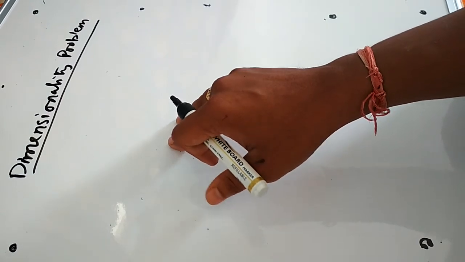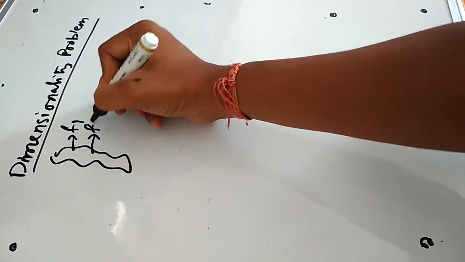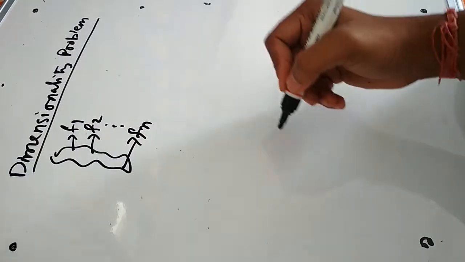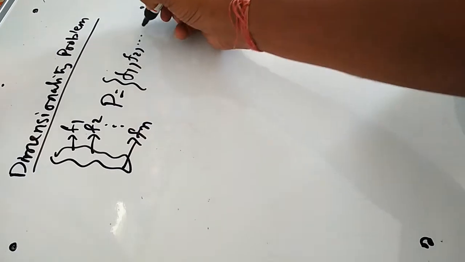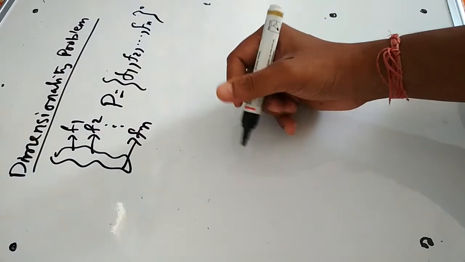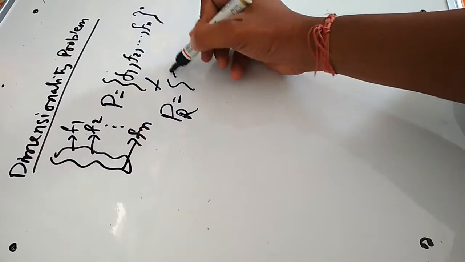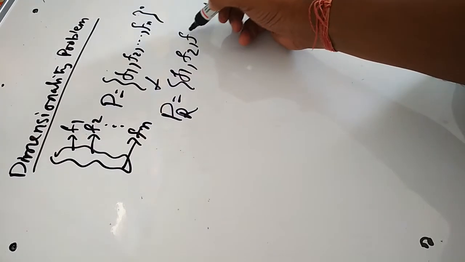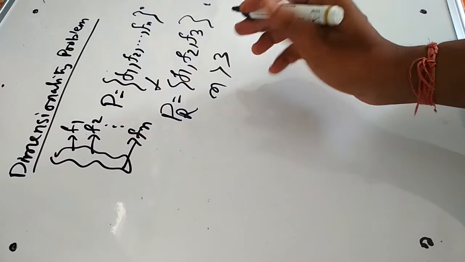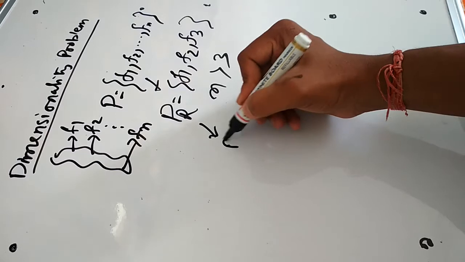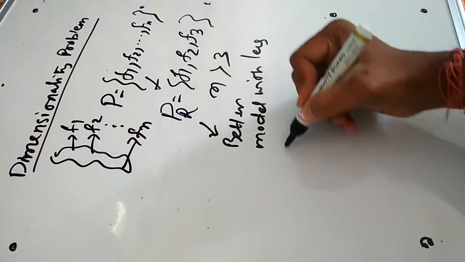So let an object have some features f1, f2, like that, fn. The pattern will be represented using f1, f2, up to fn. These are the features, and we have to reduce them, so that it is reduced to f1, f2, f3, where n is greater than 3. Getting? So here we have reduced it and we are finding a better model with less complexity,